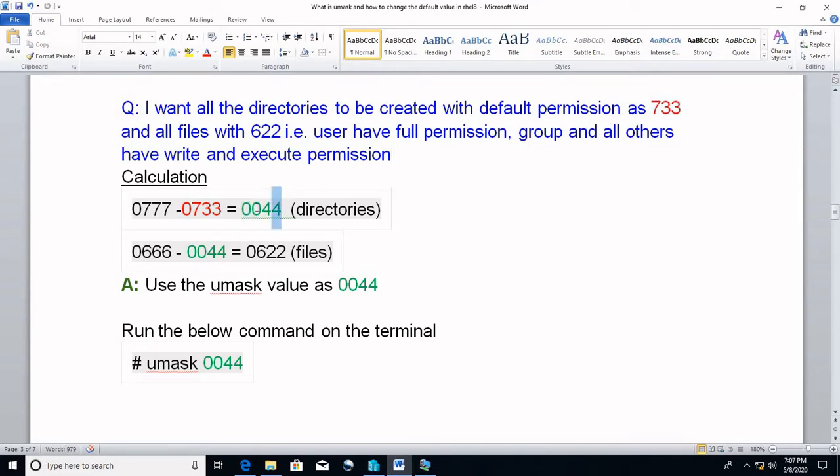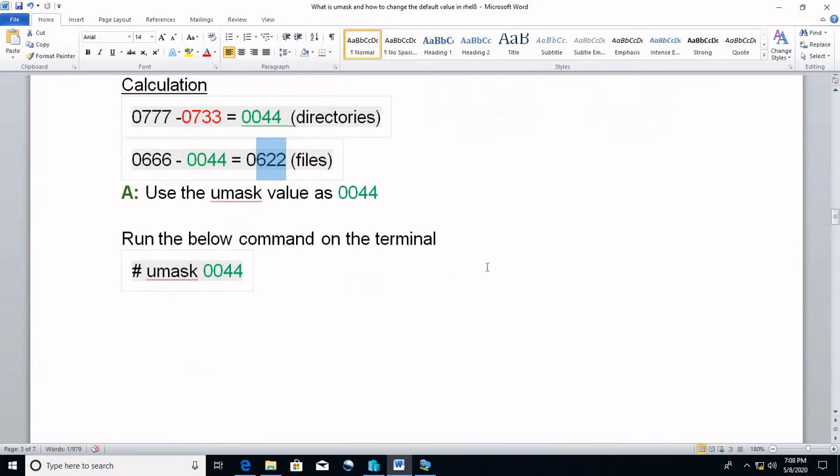Or you subtract the umask from the file maximum permission, then you will get the file permission. So if you change your system's umask to 0044, then whenever you create a folder, the permission will be like this, and whenever you create a file, the permission will be like this.